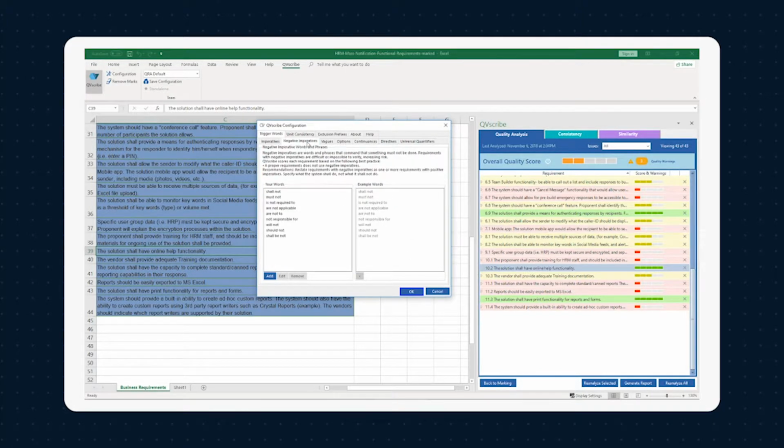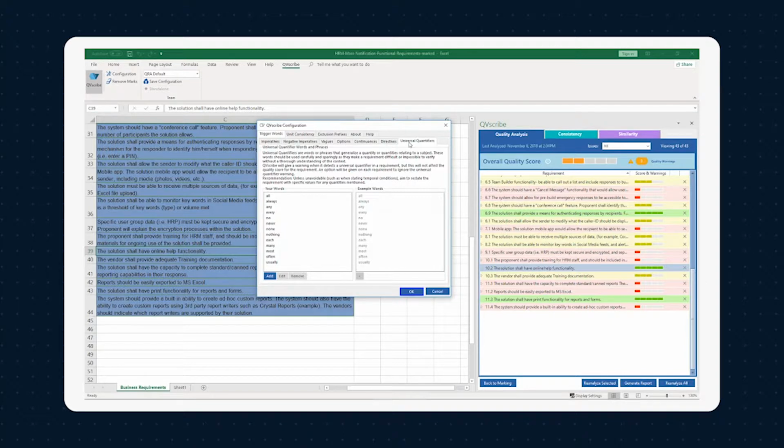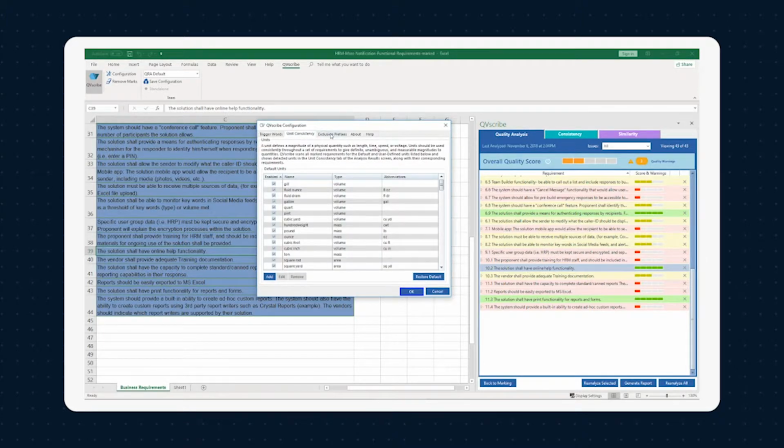Your negative imperatives, your vague words, your optional words, your continuances, your derivatives, and even your universal quantifiers, which don't fall under the quality score but are still noted. You can adjust those as well. You can also change the terms for your unit consistency, add or remove them as needed, including the abbreviations, and